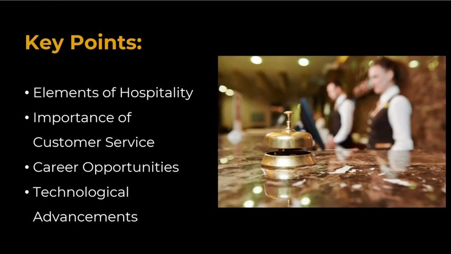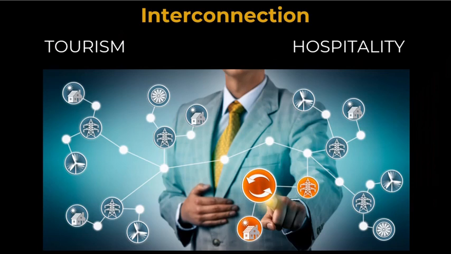Okay, and there are many amenities that are very technologically advanced in the accommodation and in the food and beverage. For example, in the dining area, before, the waiter would write your order, but now they will use a tablet to select your orders. So there is technological advancement. There are changes in the services provided by the hotelier because of this technology. Okay, so these are the key points or important areas in the hospitality.